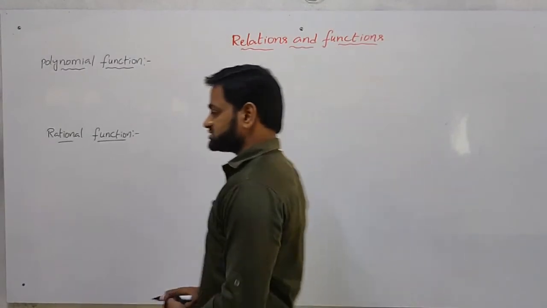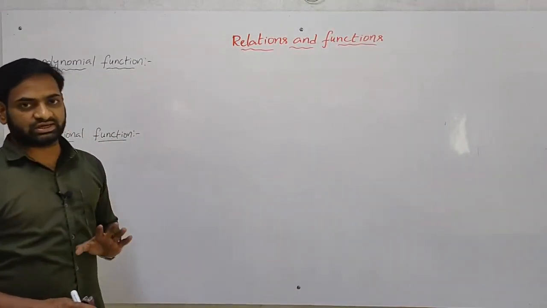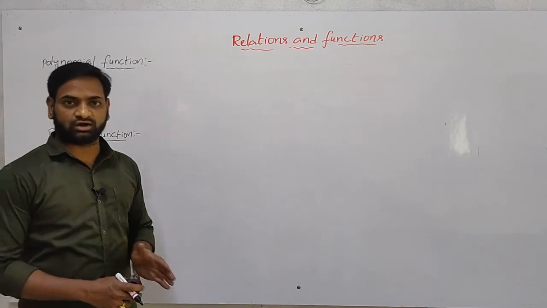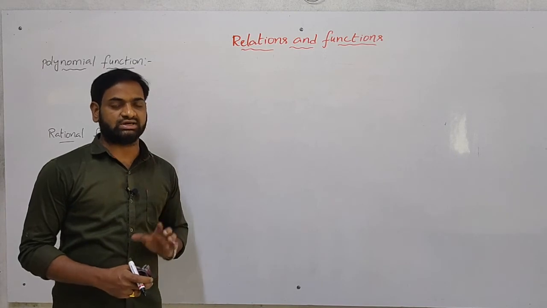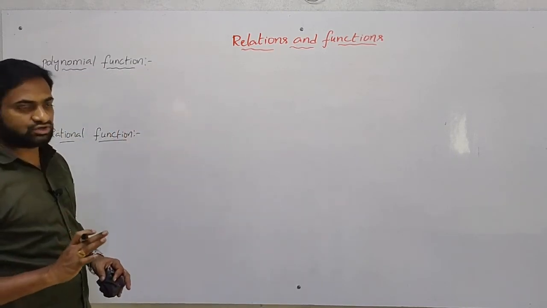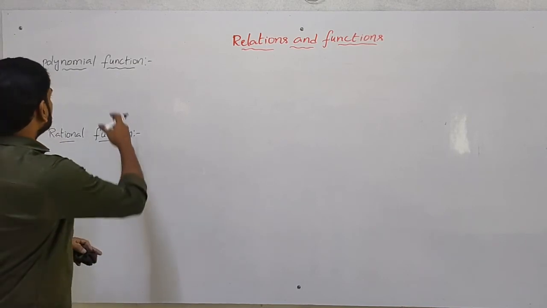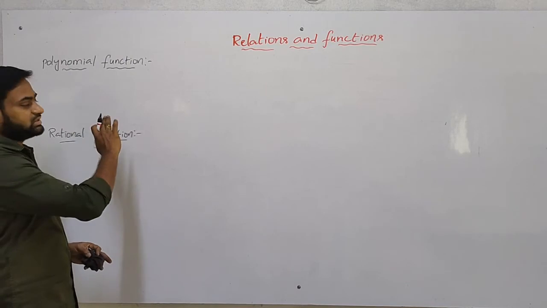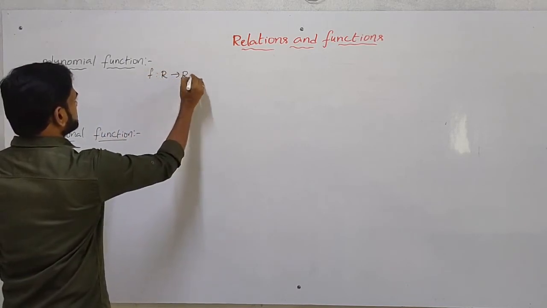See the next one, and 2 more functions are there. Just see the introduction for that one. No need of drawing the graph and no need of finding domain and range like that. Just see the definition only. We just have to know what is the polynomial function and what is the rational function. That's it. See here, the polynomial function is the function f from R to R defined by